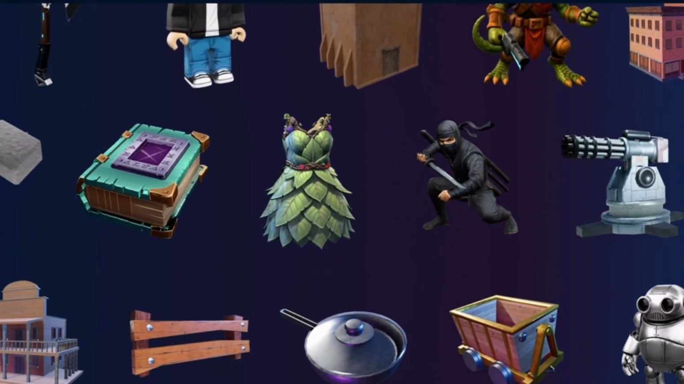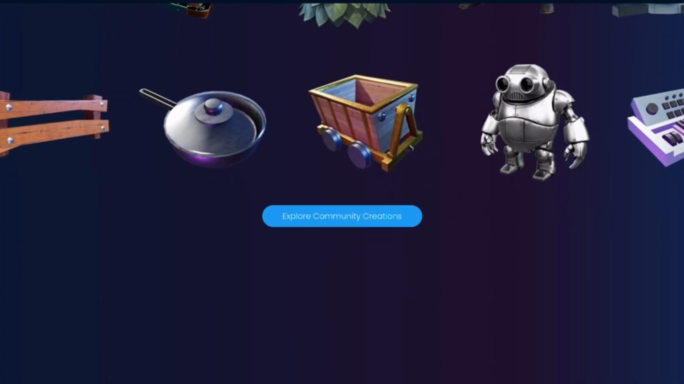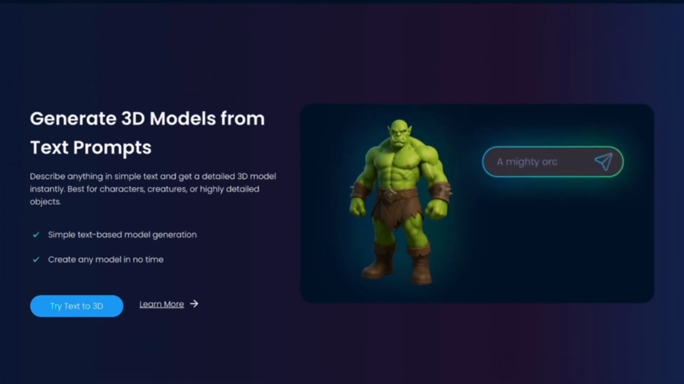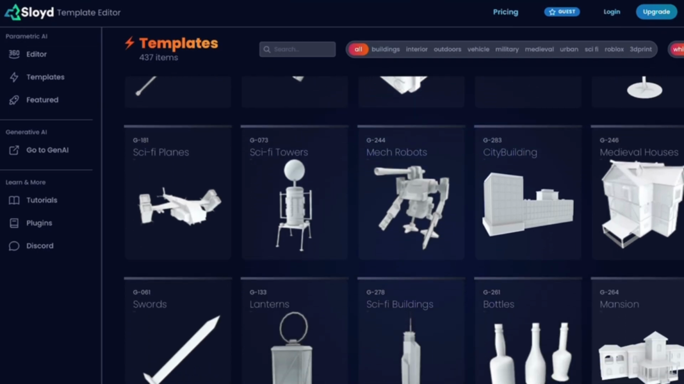The pros. First, the speed is impressive. We could generate base 3D models like props, objects, and environments instantly and then fine-tune them within the editor. Second, it's beginner-friendly. No advanced modeling skills are required, which makes it perfect for game developers, indie creators, or even